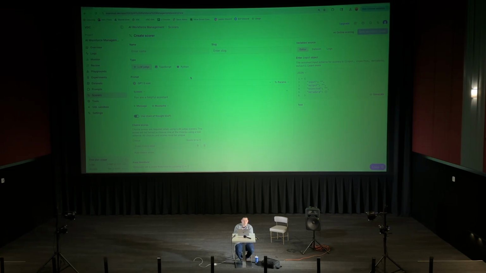You can also use Python or TypeScript if you want to test stuff with code. You could even add in MCPs or tools. So if you want to call out to another API or get real market data, obviously you can do a ton of different things here, but we're just going to call this score V3 review request